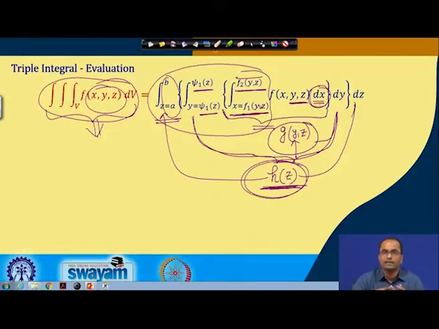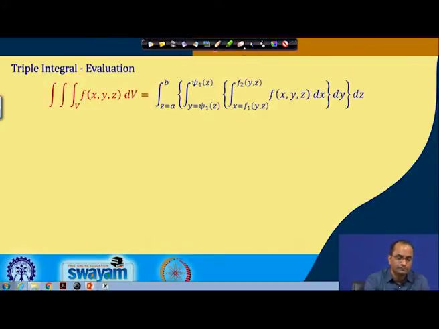The limits still can be functions of z, like here psi 1 of z and psi 2 of z. The outer one has to have constant limits for z, and now we will get a value of this integral which is free from x, y and z. This structure we must keep in mind,